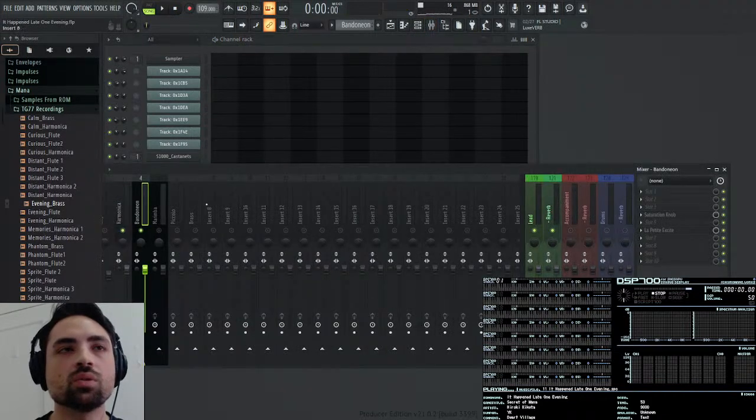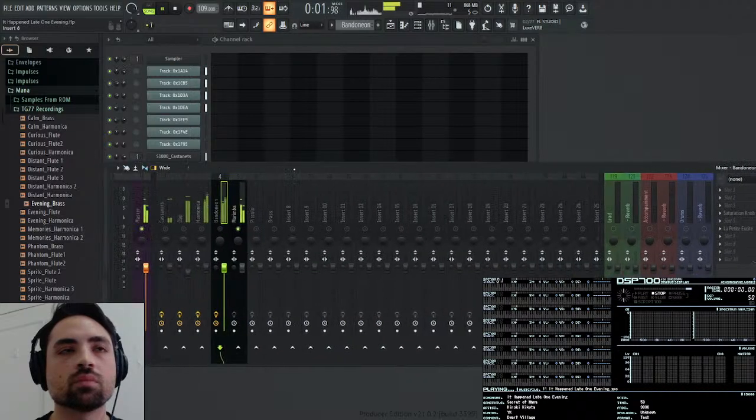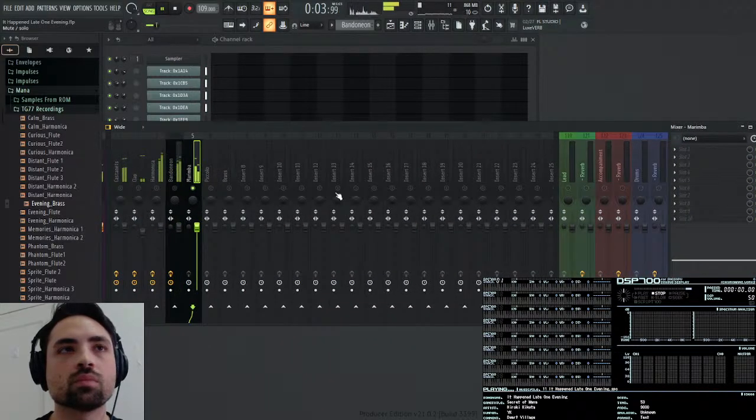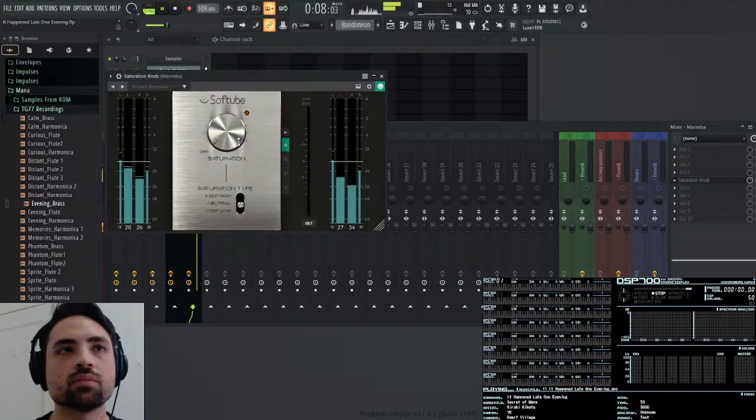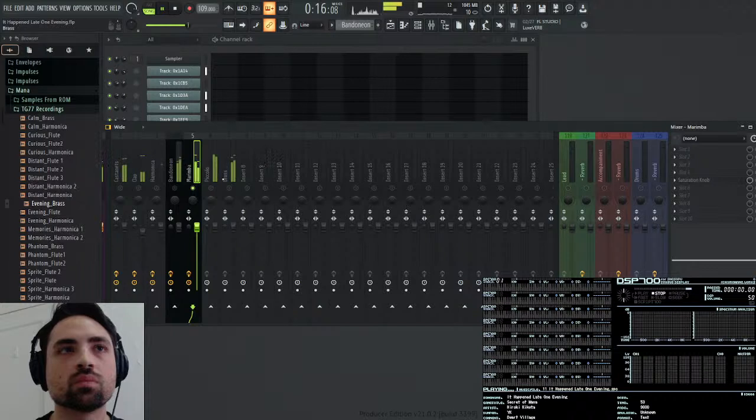Nice. So now we can move on to the marimba. Definitely want some saturation on that. Nice.